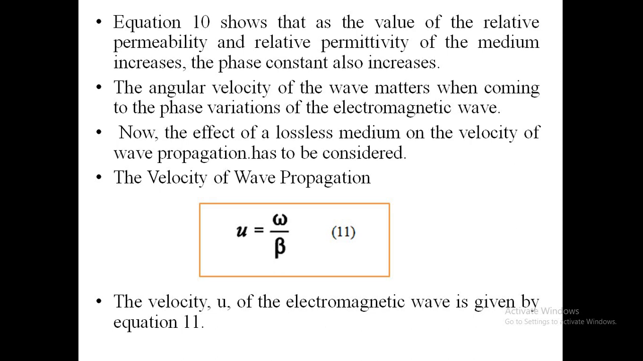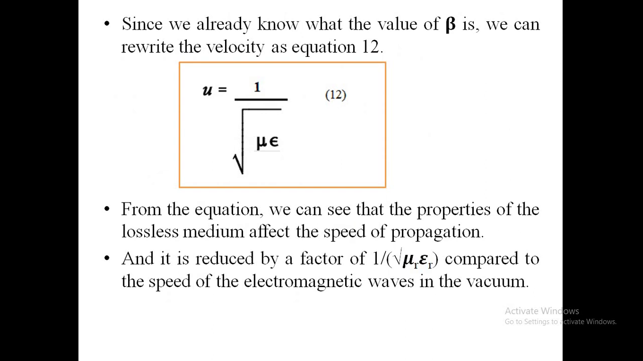Now, the effect of a lossless medium on the velocity of the wave propagation has to be considered, and the velocity of wave propagation is given as the ratio between the angular velocity and its phase constant. So equation 11 represents the velocity of the wave propagation, which is the ratio between angular velocity omega and phase constant beta. Since we already know the value of beta from equation 10, we can rewrite equation 11 as